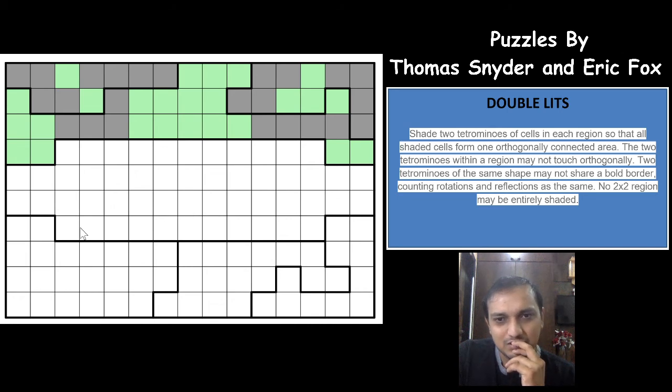How many ways can we do that? Of course one of the ways is forming an I here, but forming an I here will give you a contradiction because you already have an I here. So which means it has to be some other way. Okay, using this cell, you can form a Z here, I mean to say S, or an L, and whatever you do, both of these cells will have to be shaded. Okay, that's nice.